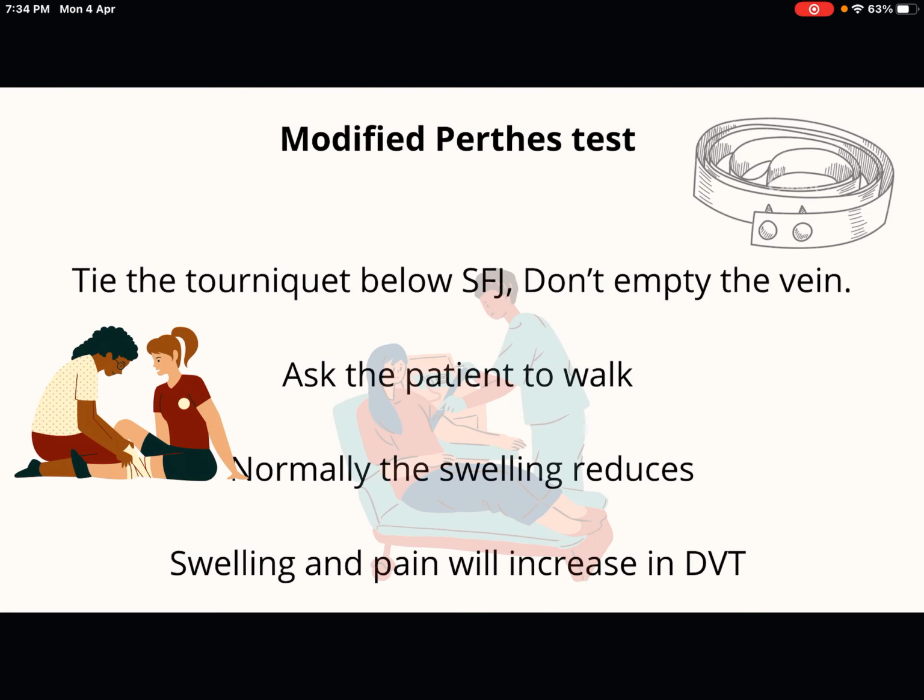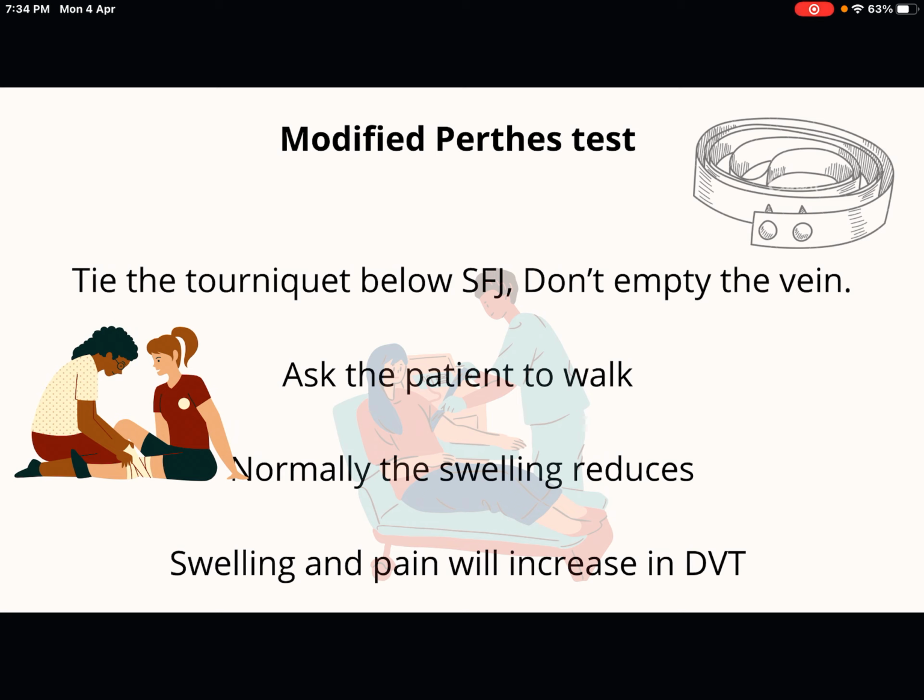The next one is the modified Perthes test. Here we are tying the tourniquet just below the saphenofemoral junction, and we are not emptying the vein. In all the previous conditions, we said that we make the patient lie down and empty the vein, and only then tie the tourniquet. Here we directly tie the tourniquet just below the saphenofemoral junction without emptying the vein, and we ask the